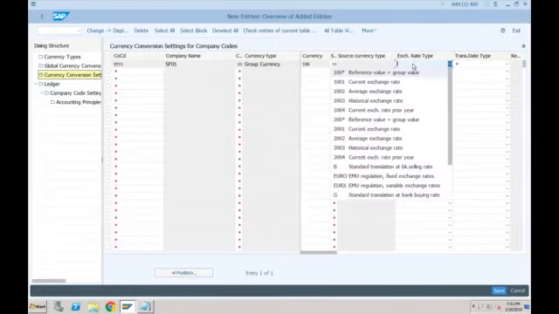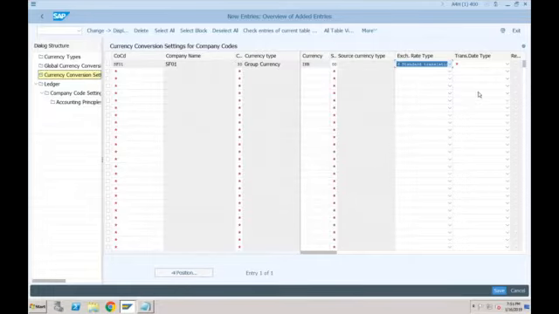In terms of exchange rate type, normally we were using M, the standard exchange rate type. And what would be the translation date? Normally the date type was the translation date, yes. So based on the date on which you are doing the transaction, the system will go for that particular date. Okay, so just press enter. Now you can use this currency 30 in your company code. Let's try to save this.